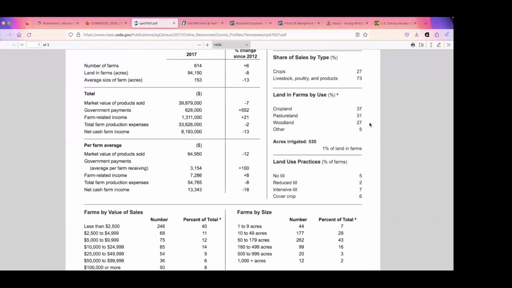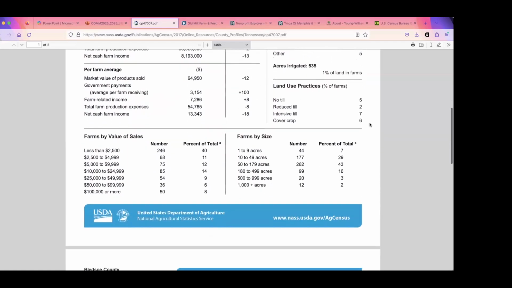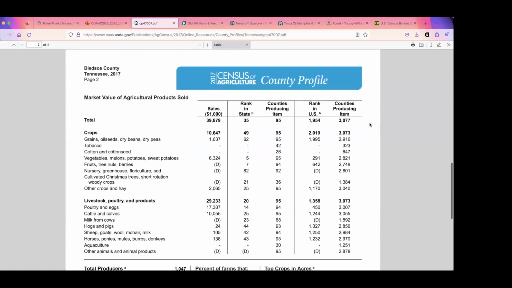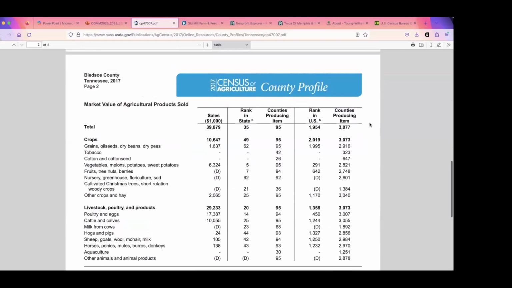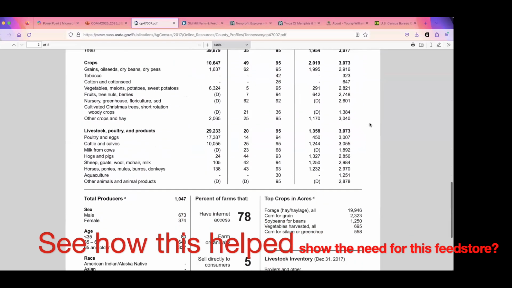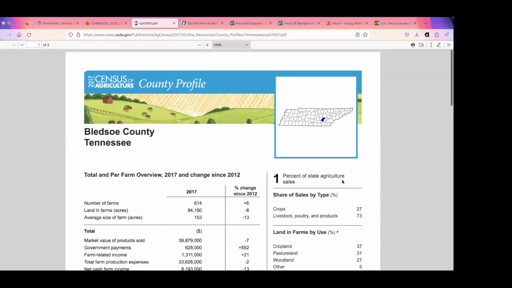It talks about the number of farms, the land, the acreage, what is grown there, share of sales, what the farm value is, what crops, which is very important. So maybe what the feed store wants to sell, needs to sell within the store to support these crops, what kind of livestock and poultry live on these farms, and then demographics about the farmers themselves. So this was, like I mentioned earlier for healthcare, just a deeper dive into the census. That's great because it was a to-go sheet, probably for agricultural use clearly in the area, but it was a great benefit to the student